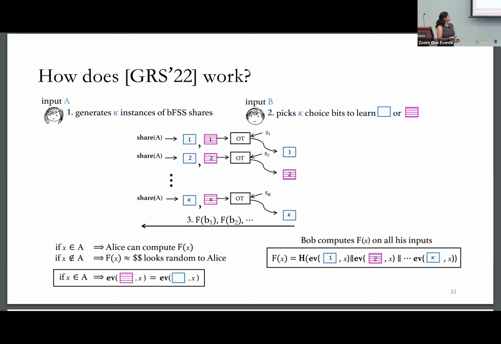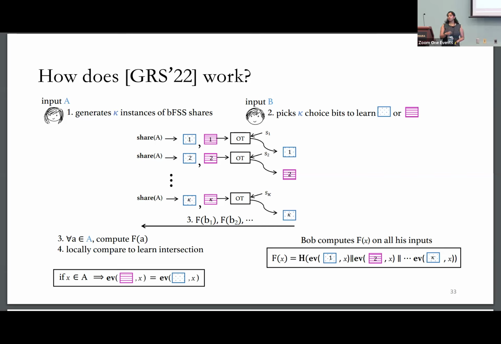And it looks completely random to her. So that's the protocol. Alice has to compute this function for every single point within her chosen structure. So she enumerates it, and locally compares the value she computed with Bob's function evaluations. And every time there's a matching value, she can figure out that this point lies within her structure.